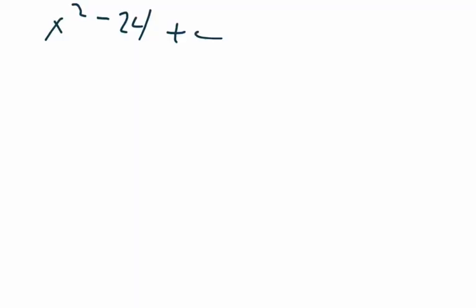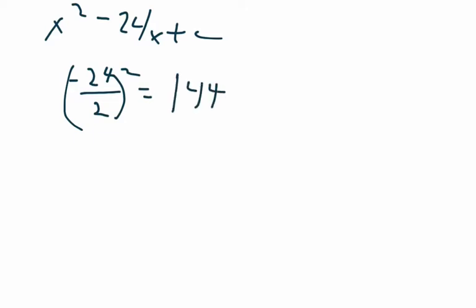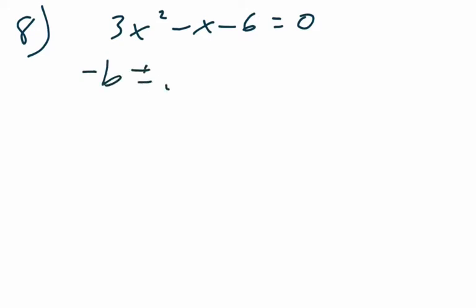Alright, so to complete the square, this one hopefully isn't too difficult. You take b divided by 2 and square it, and you get 144. We're on problem number 8. This time they want us to use the quadratic formula because the answers are going to be in the quadratic form. So they gave us this